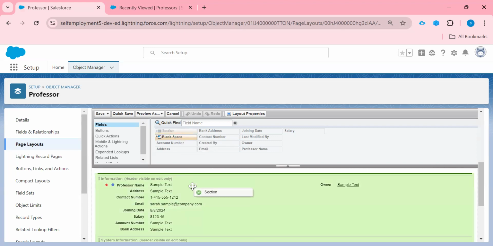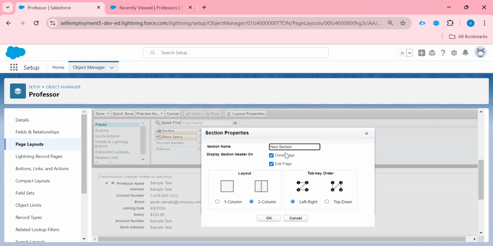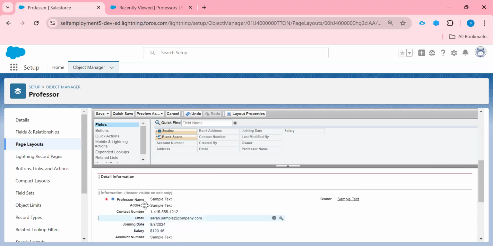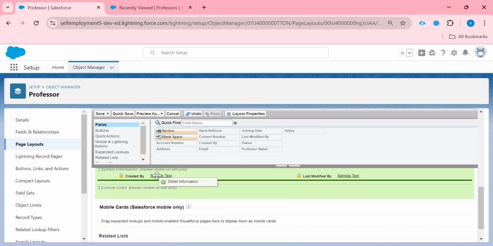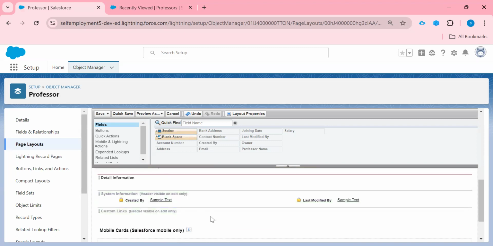Just drag and drop your section here. Give your section a name, like detail information. Okay, just click on OK. You can adjust as per your requirement. So I want to adjust here.